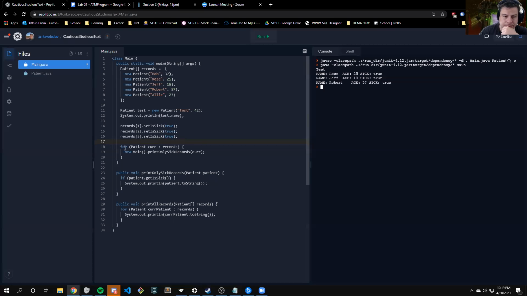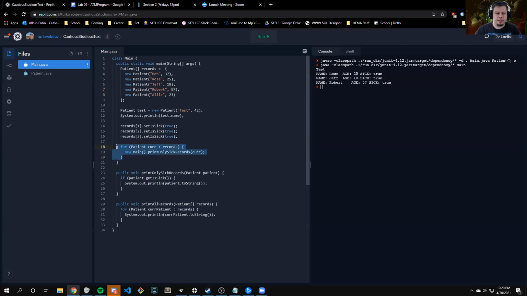What line 18 does? Sure. As I explained a little bit ago, this is called an enhanced for loop. And if you want more explanation on this, I would encourage you to go back and watch the lectures I have on loops. But the way an enhanced for loop works is, given this collection, for each pass of the loop, we're going to iterate over this abstract, what we call iterator. So the first time the loop runs, patient cur is going to be this patient. Then on the next run of the loop, it's going to be this patient, then this patient, then this patient. So instead of having a for loop where we increment an integer I, and call from the index of